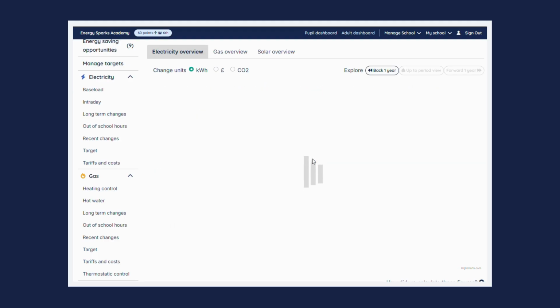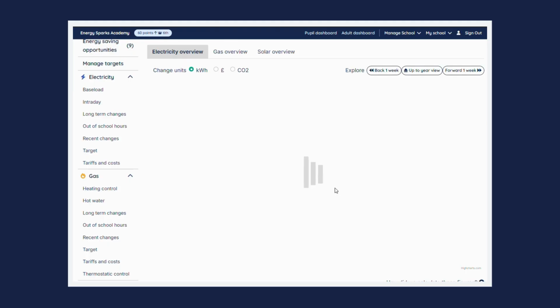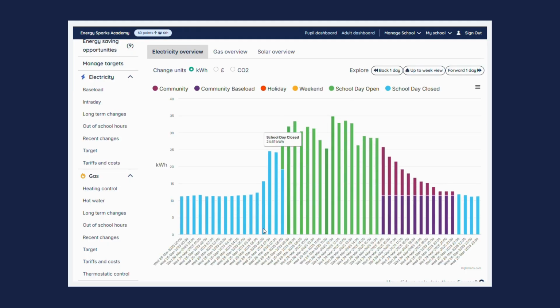Then you can also click to see energy use for every half-hour period of the day. A good exercise is to walk through a day in the life of your school. What's happening overnight? This is generally what we refer to as a school's electricity baseload. It's the amount of electricity required to provide power to appliances that keep running at all times. These are things like fridges, freezers, servers and security systems, but it'll also include things that should be switched off